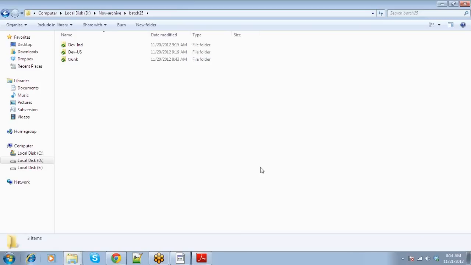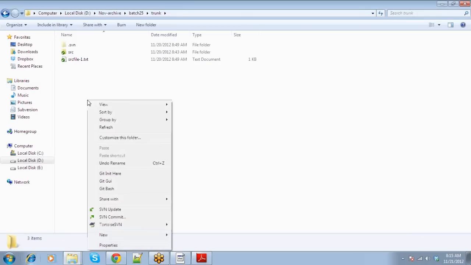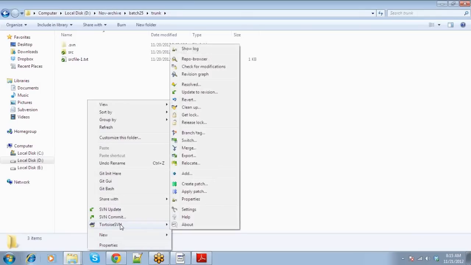Specifically, let us see how we achieve that using Subversion. So this is my trunk, the working copy of the trunk, for which I have taken a checkout in the previous session. Here, when I go to Tortoise SVN, I have an option called show log. So if I click on this show log,